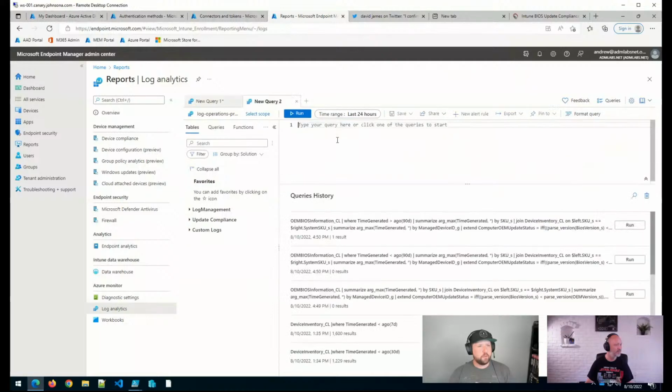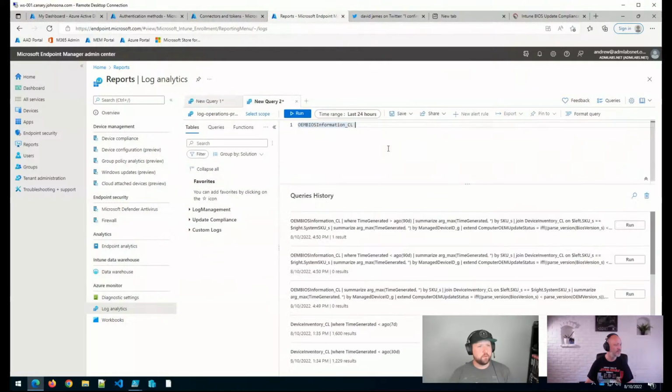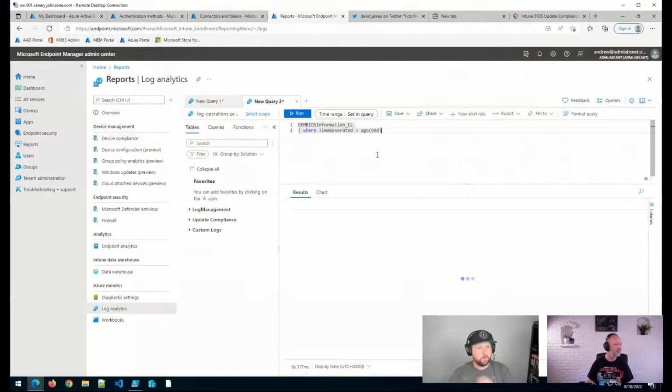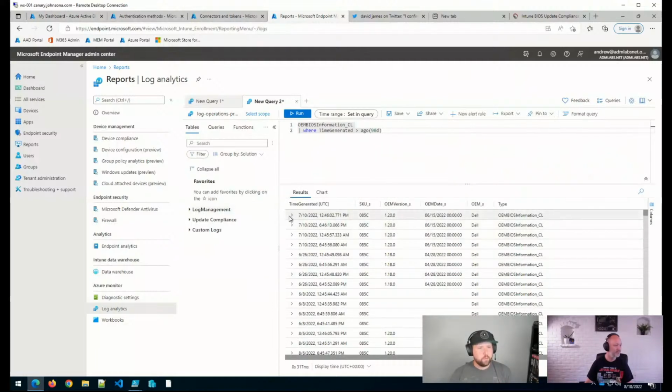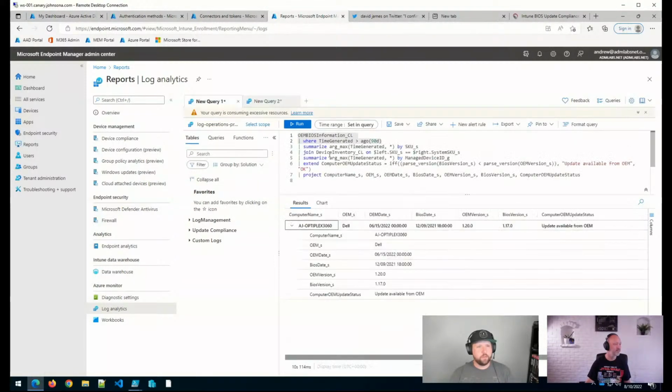If we look at just the BIOS information, we'll see that we don't have the device name or anything like that in here, but in conjunction with the device inventory data, we can get that additional information tied together and get that workbook,